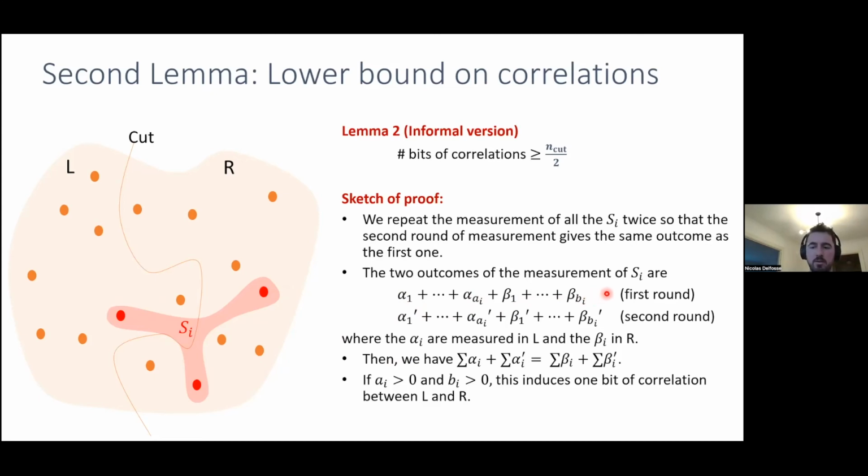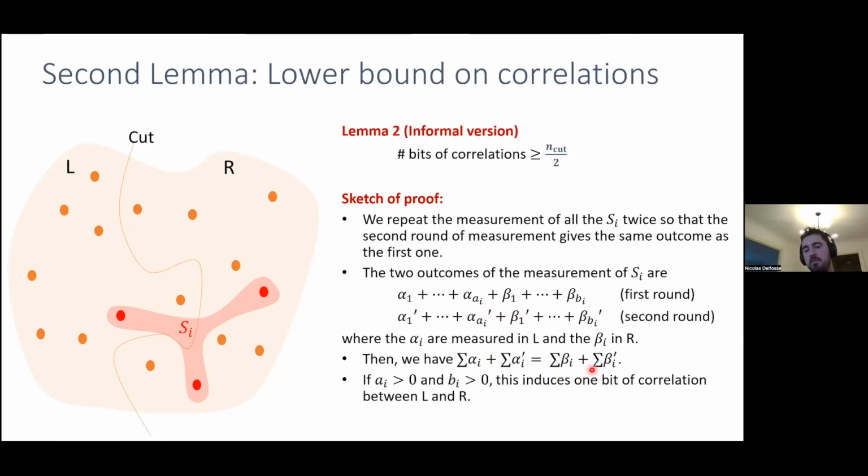And we do it twice. So the first time we get this measurement outcome, the second time we get other measurement outcomes for the measurement inside the circuit, but the parity is preserved. So the outcome of SI is the same in both cases. That means that the sum of the alpha I plus the sum of the beta I equals this second sum. And if we move all the alpha I on the left side and all the beta I on the right side,